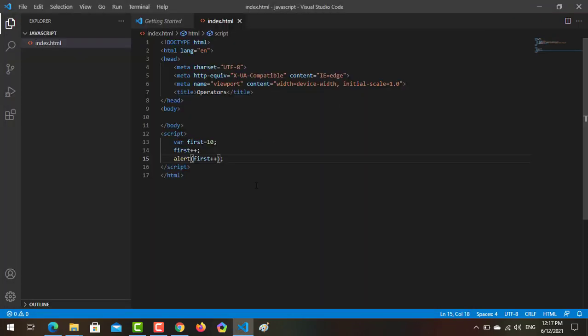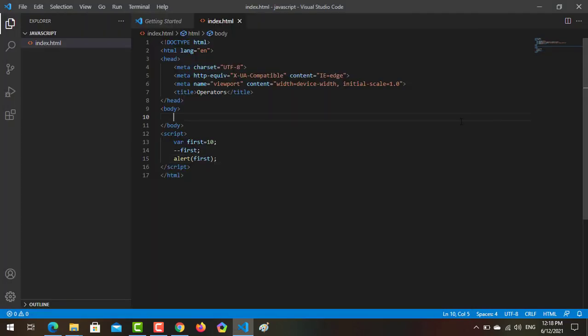Every time you use increment, it adds 1 to the value, and the same happens with decrement, but decrement decreases the value by 1. So if I use decrement, it will turn the value to 9.